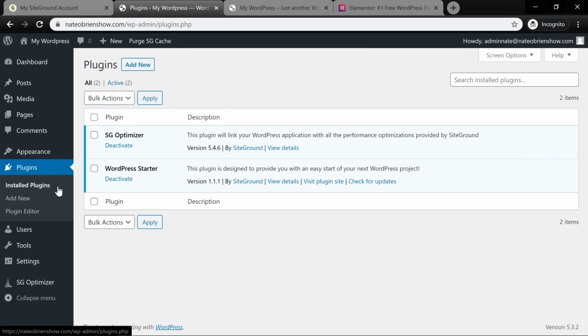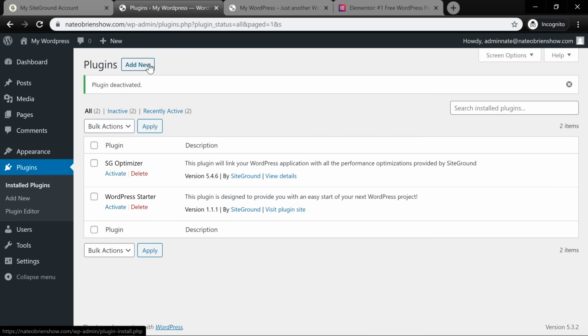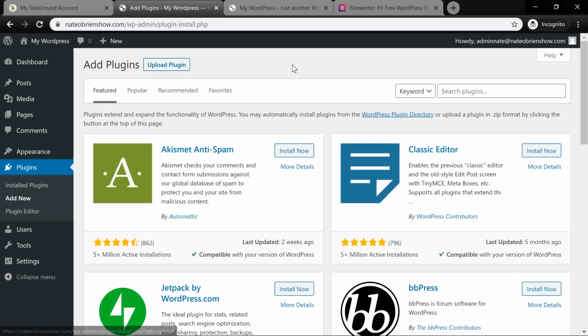But if you want to install more plugins here, you can certainly do that. We can remove both of these. We can deactivate SiteGround Optimizer, and we can deactivate the WordPress starter as well. But then we can add new plugins. If we click add new plugin here, hopefully I'm not going too fast. I'm actually hopefully going to make some more in-depth tutorials on how to actually start websites, how to build out websites, how to really go through this process to create beautiful sites. And we'll probably do that in a separate video, but I wanted to give you guys the basics of getting started with this.